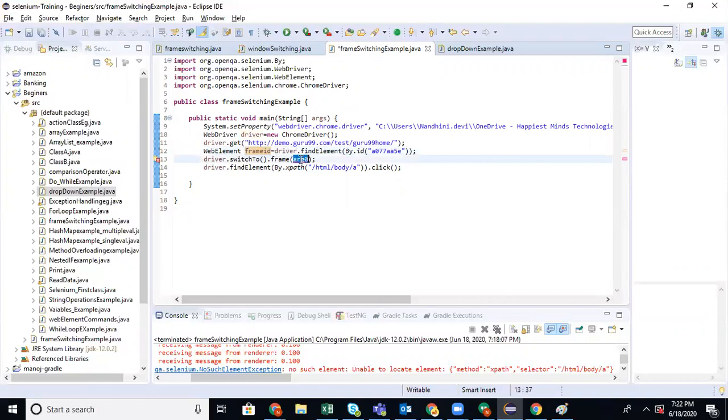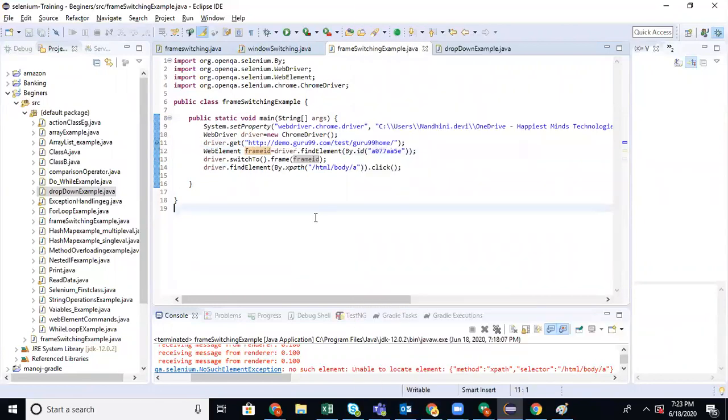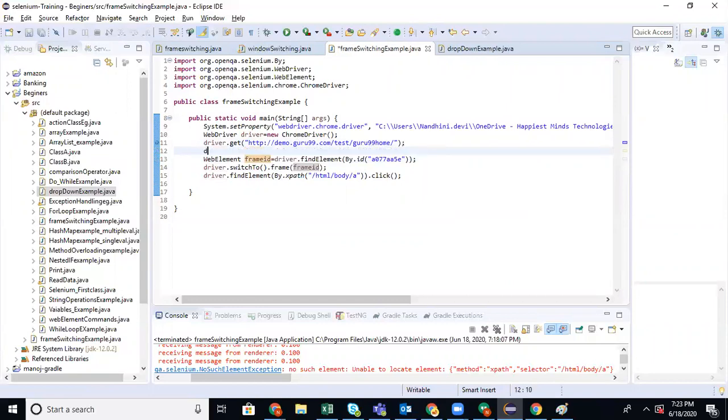So now I'm switching to that particular frame and then doing the actions. Let's see how it works. You can also maximize it.